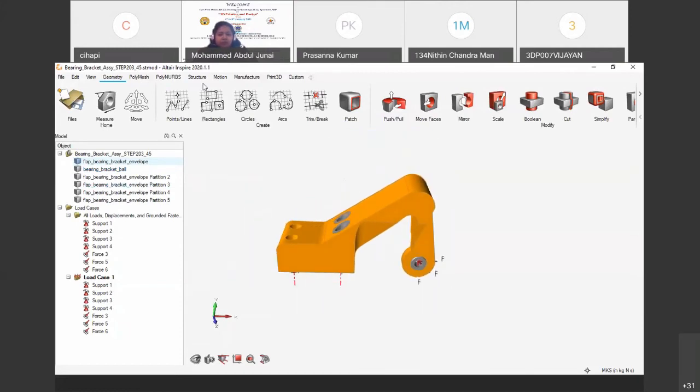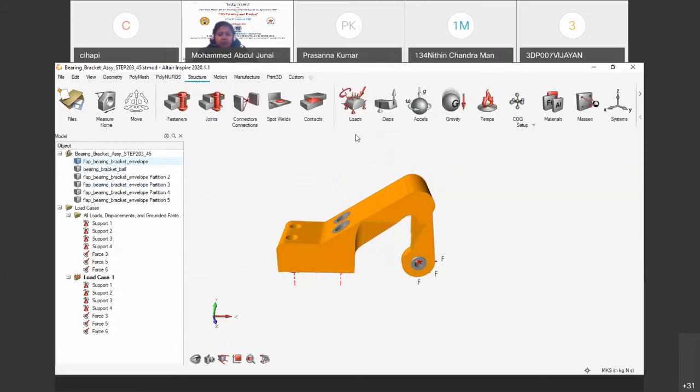To apply the loads and boundary conditions, I will get into the structure menu, where I have the supports. I will delete this to show them again.